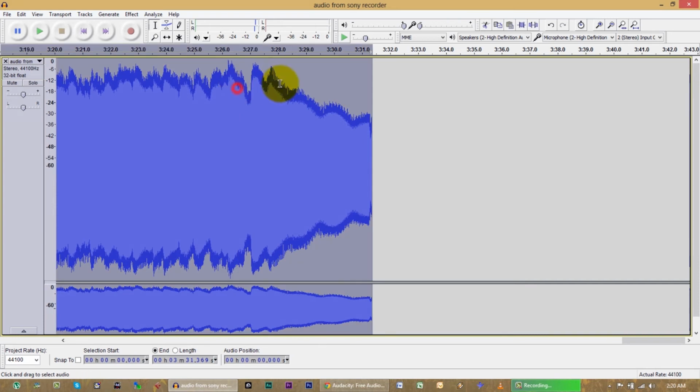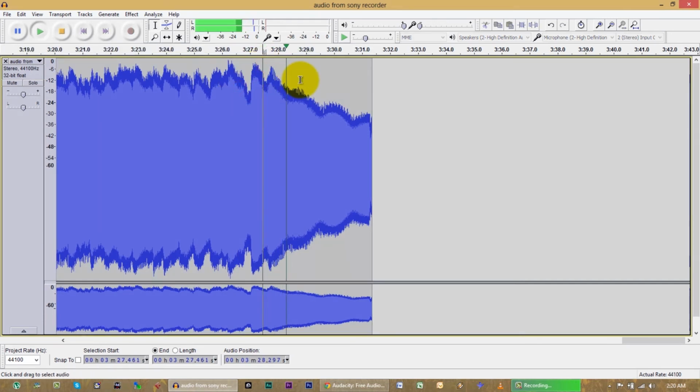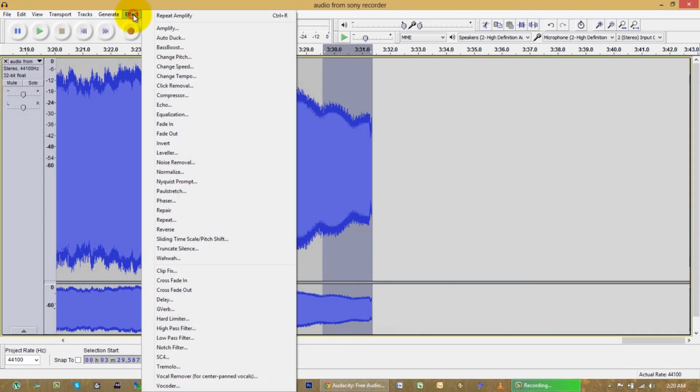And then finally what I'd like to do is, this is our final chord. It kind of fades out there. It doesn't fade out all the way to 0. So what I want to do is I'm going to highlight this section, and let's see if we can see. Look at that. Under effects there's a fade out. Click it.